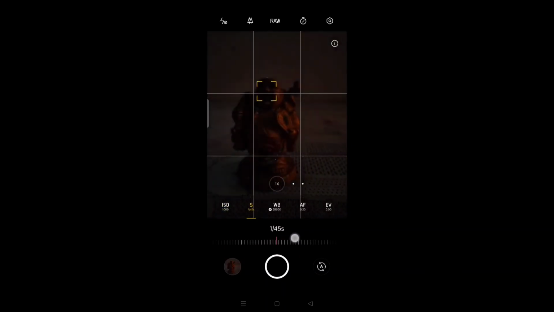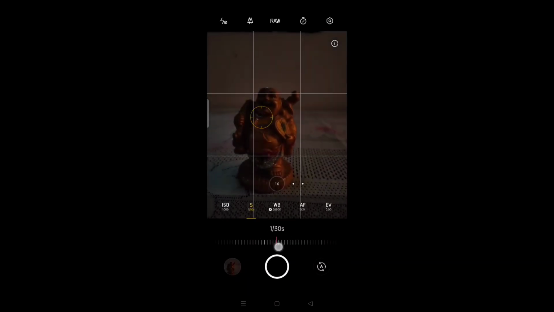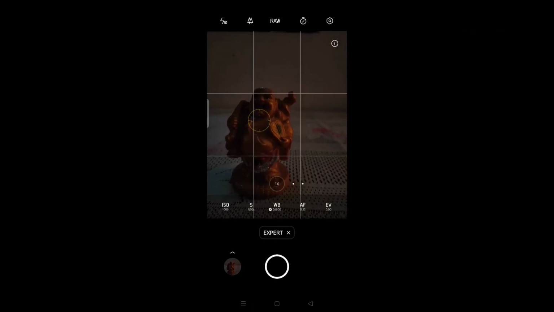A shutter speed of about 1/20 or 1/25 is a good slower shutter speed. Most of you must be confused about slow shutter speed. Let me clear that up: a shutter speed of 1/20 is considered slower than 1/50, because 1/20 means 20 frames in 1 second and 1/50 means 50 frames in 1 second. I hope I cleared your confusion.